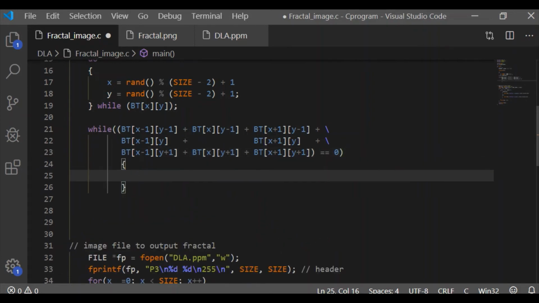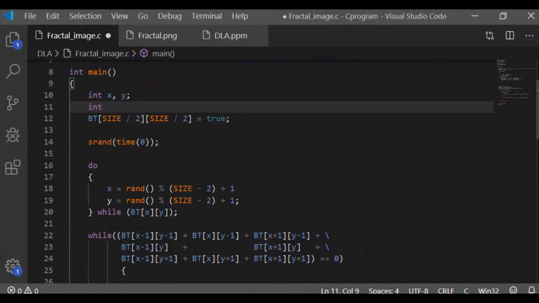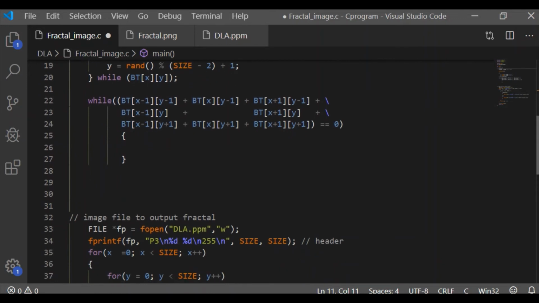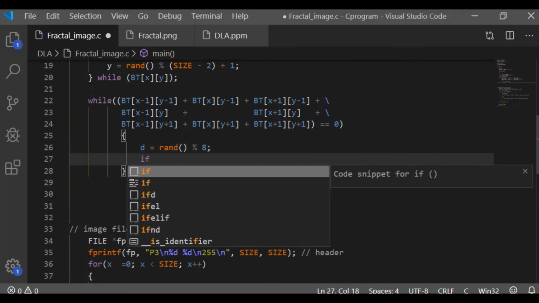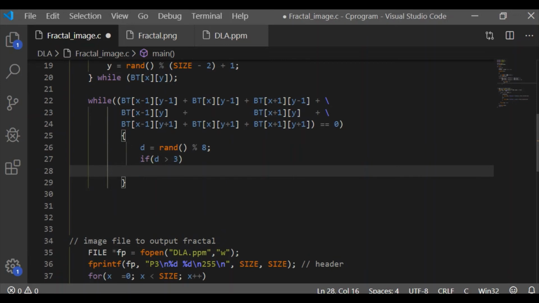near the pixel. So the next step is we have to randomly move the x, y close to the seed or particle. So let us have the variable d. As there is no neighboring particle or seed, we will randomly take a value for d which ranges from 0 to 7, that is modulus of 8, because we have the 8 neighboring positions from the current position.